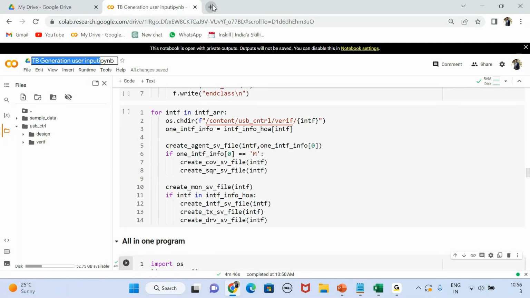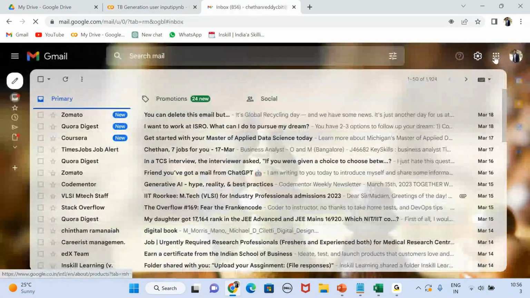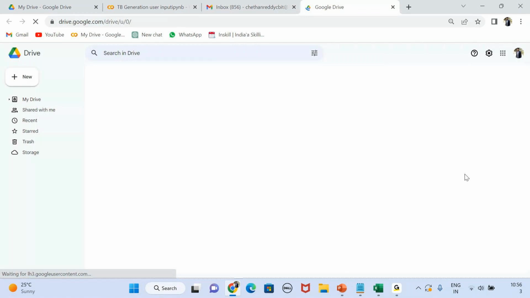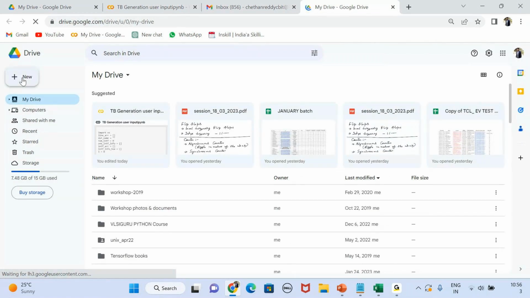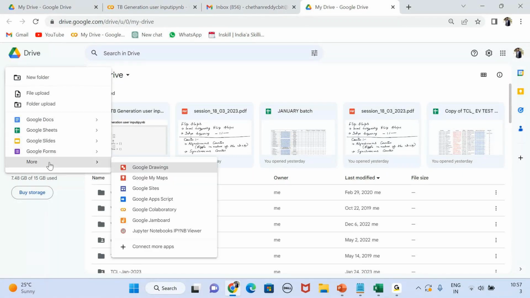If you have a Google account, go to the Google account, and in the Google account I'll go to the Drive. Here you can integrate Google Colab into your Drive. Click on New. These are some of the Google applications we will be using here, like Google Docs, Google Sheets, Google Slides, Google Forms. And then if you click on More, since I already installed it into My Drive,